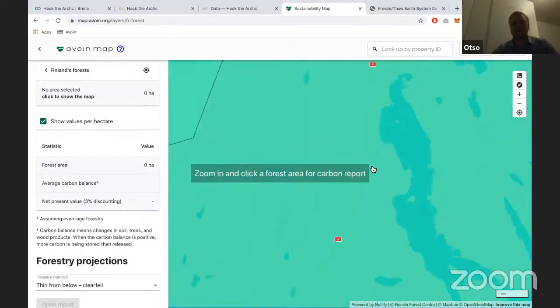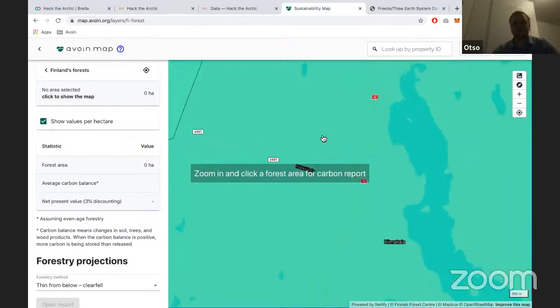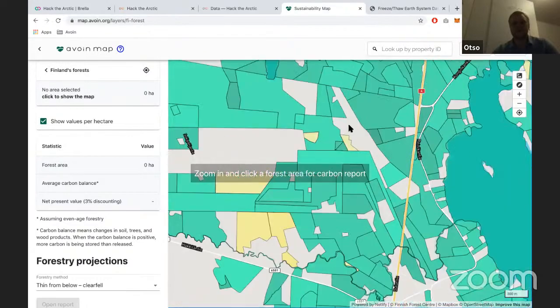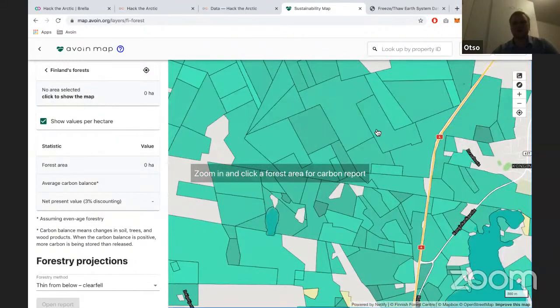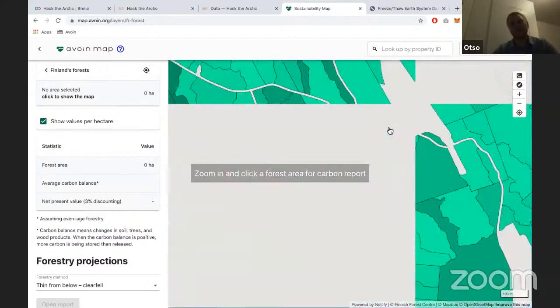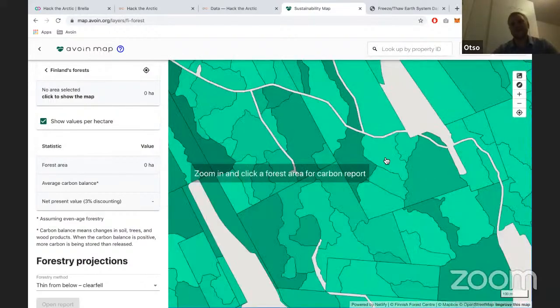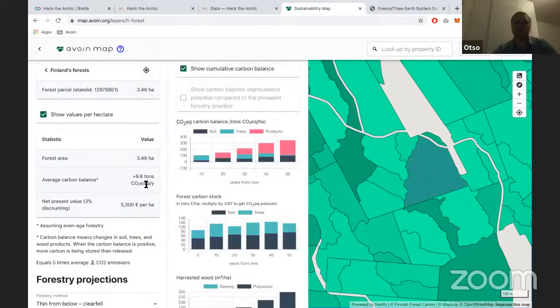And now we can go in Finland, zooming this map, and here you can see forest properties. We also know who the owner is. So there are these border lines, and each is one property. And inside one property, you have these forest parcels, which are different types of forest inside the property. So basically in our map, you can click on this kind